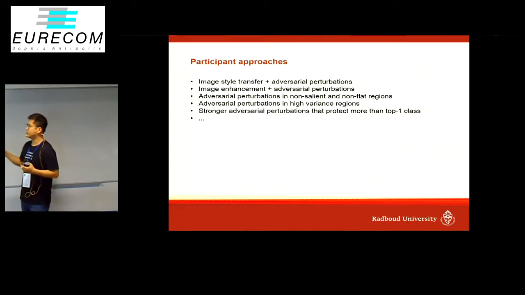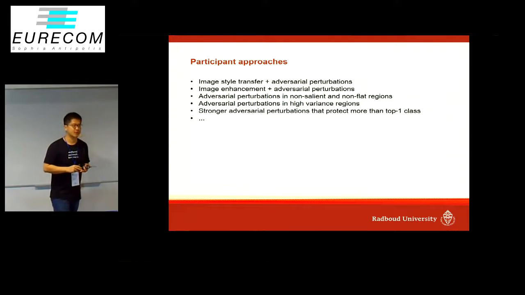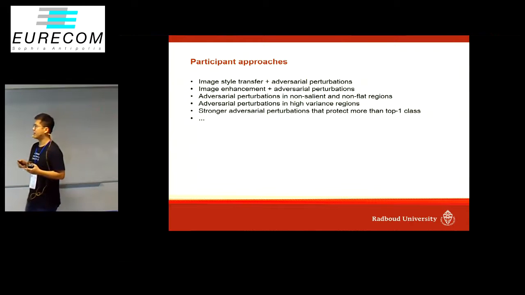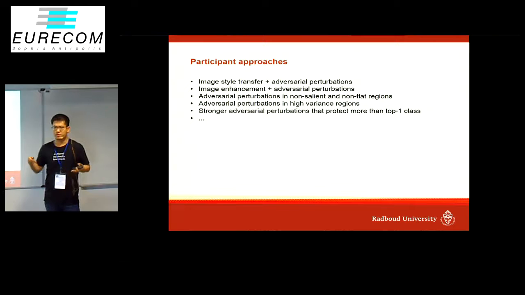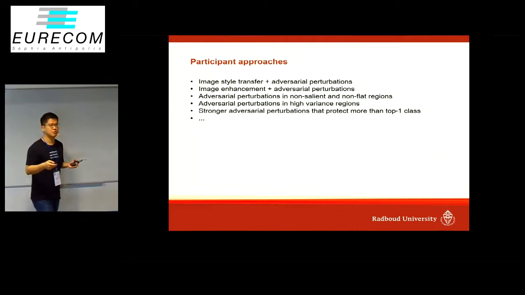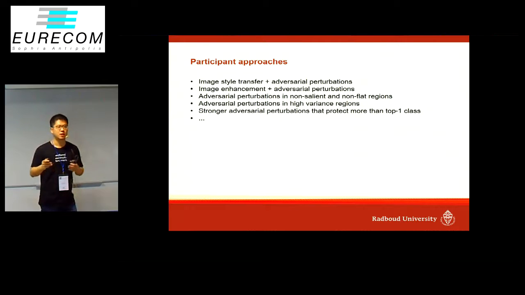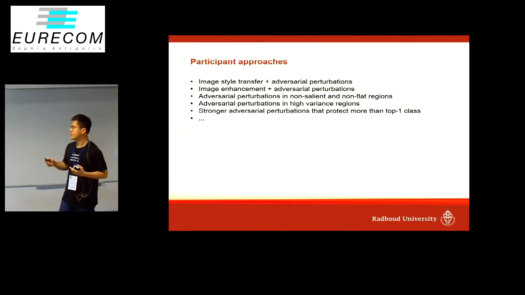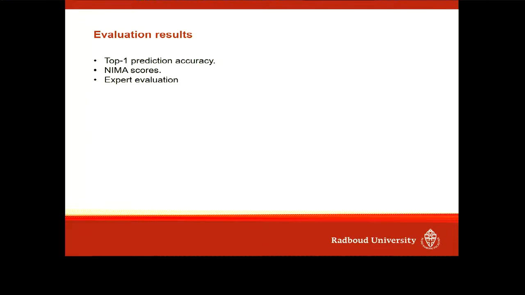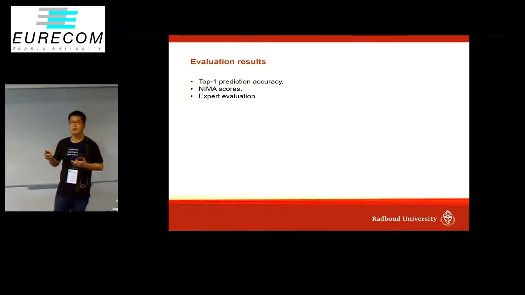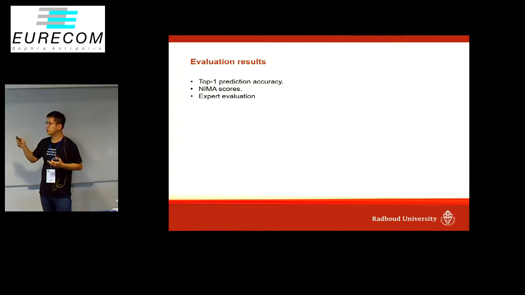You can see people use style transfer together with adversarial perturbation. They use image enhancement with adversarial perturbations. Also, they do this protection in non-salient, non-flat areas. They do it in high variance regions, and some of them also proposed a stronger protection compared with the basic version of the method. I will show you the results now, but before that, I want to recap the evaluation